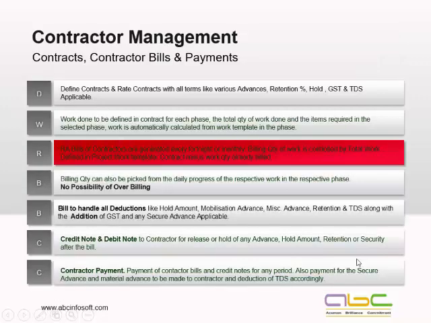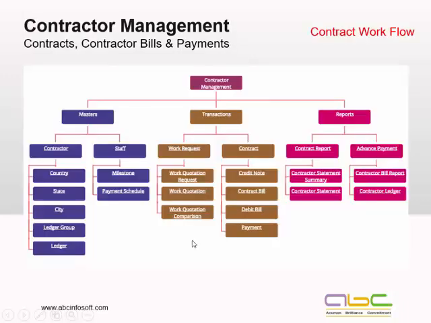So the point is, all those transactions pertaining to a contractor, to a contract, would be attended here. And it would be very, very simple if we are going for the process. So there cannot be an overbilling of anything, because we have already defined the BOQ, we have already defined the quantities in the contract itself. So this will be handling all my advances, deductions, all my payment to the contractors, the debit notes, credit notes.